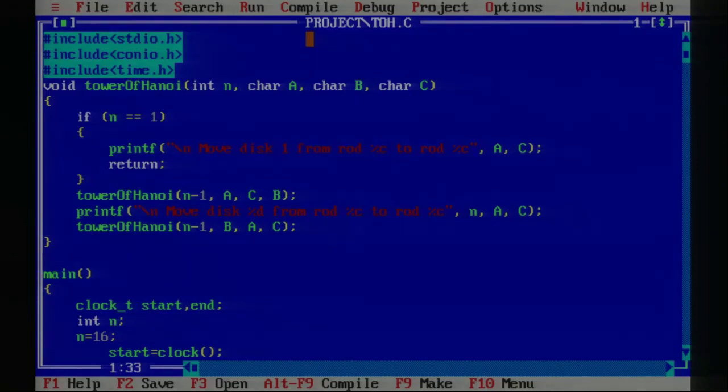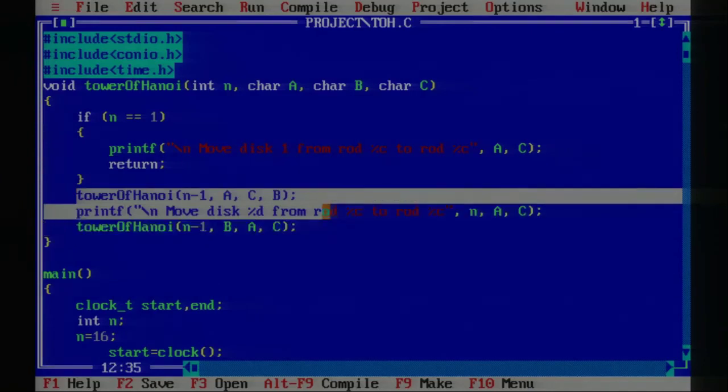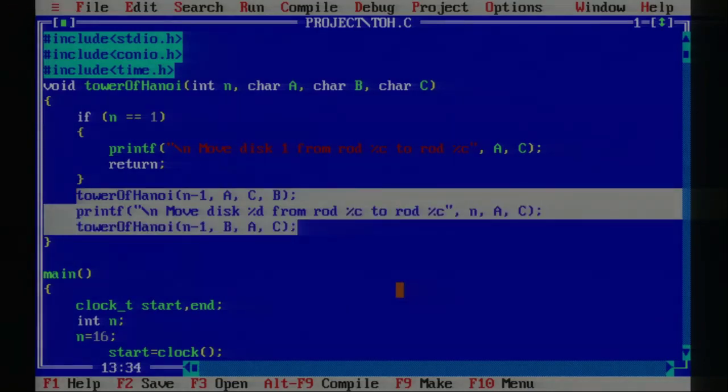Let me just explain the program once again. The concept we have already studied in theory class. We have also seen the recursive tree over there. So this is the program which is going to get you the recursive tree. If you trace this program with respect to these 3 recursive function calls, you will get that recursion tree. Based on that recursion tree, you can just verify your answer.